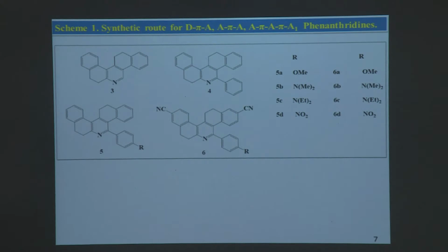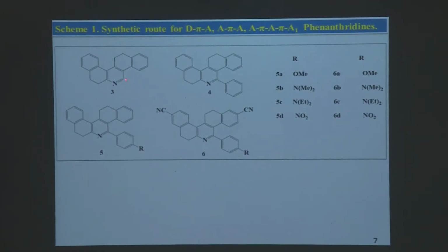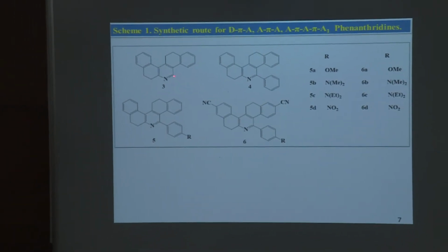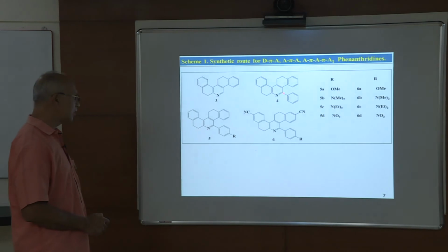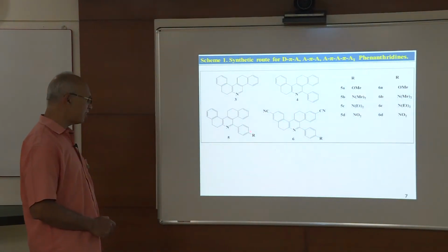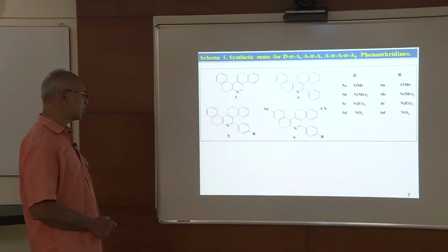Next, as I told you, this is the molecule we prepared from formaldehyde. Instead of benzaldehyde, if you use formaldehyde, you will not get any substitution here. But when you use benzaldehyde, you will get the substitution. When the benzaldehyde has a substitution, you will get the phenyl ring with that substitution here.